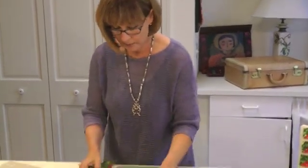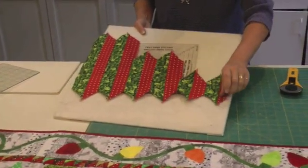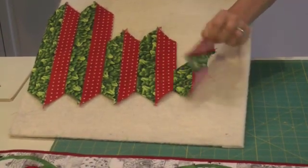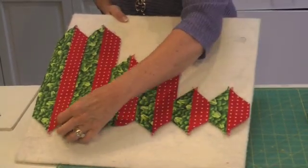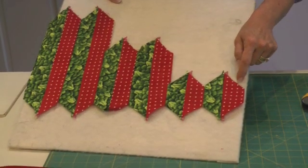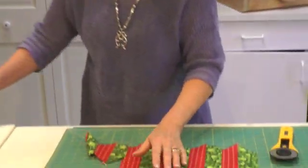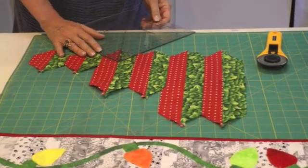Then let me leave it on this little felt board here so you can see easily. You're going to sew them together after, of course, you've pressed them open, leaving the bottom all one level, and then you'll see it kind of chunks down like this. And now it's ready to cut. So what I do using Laura's wonderful ruler, which you can get on her website, by the way, is place the ruler on here and cut out